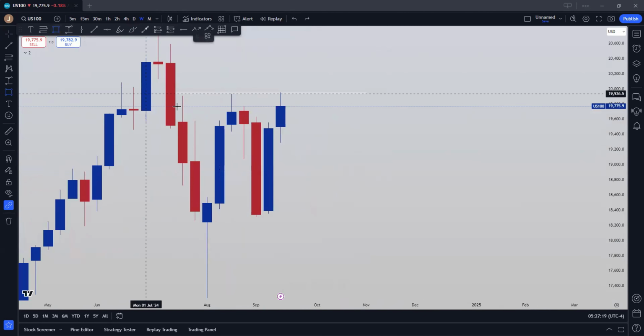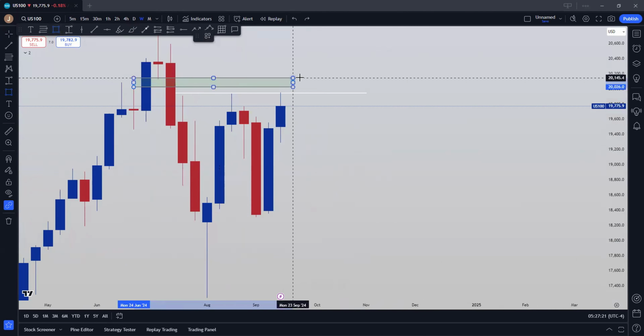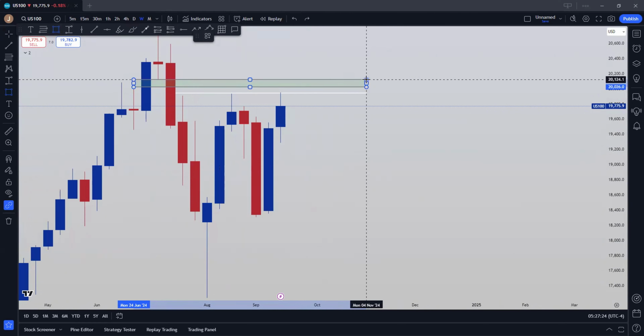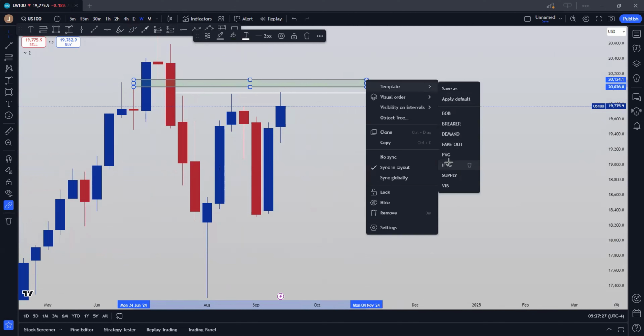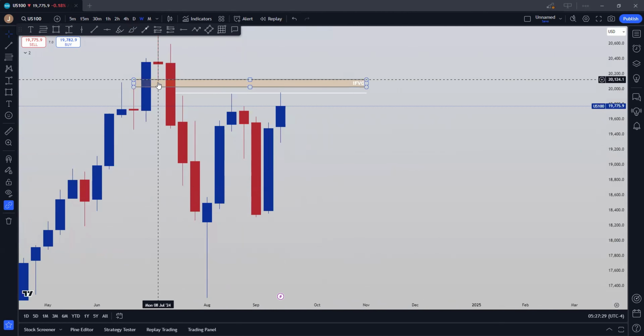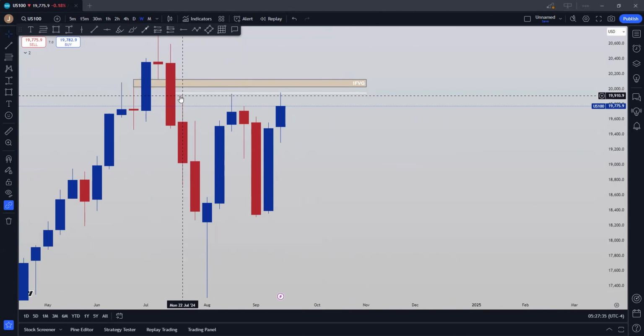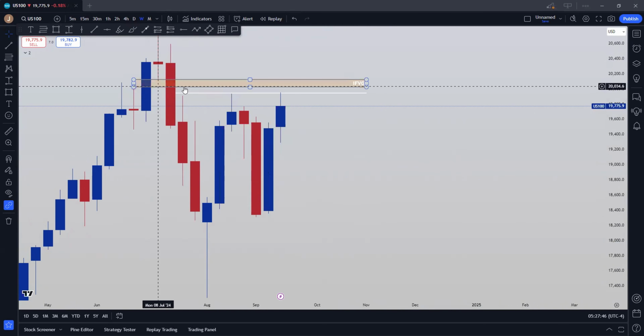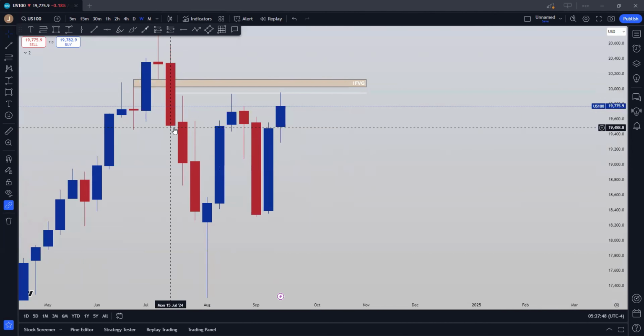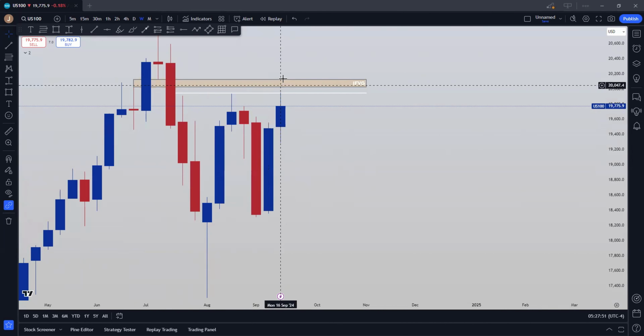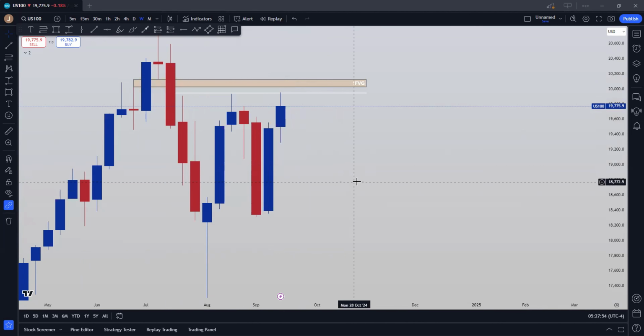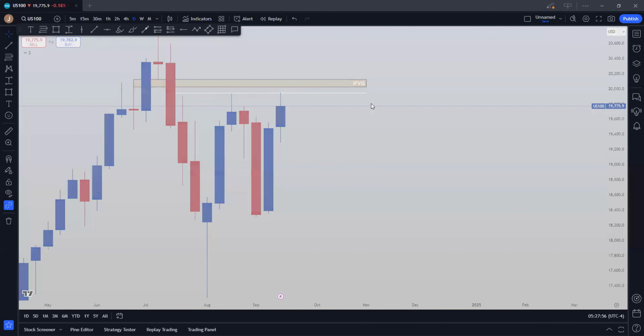So on the weekly time frame, a point of interest which we have is simply this inversion fair value gap we created right over there. We also created this beautiful fair value gap right there, but we can see that it has been tapped into, so it's already been used. I don't like using points of interest which are already used, so this area is untested. As we can see, we had the closure below and never came back for the retest, so that is my point of interest for some potential shorts.